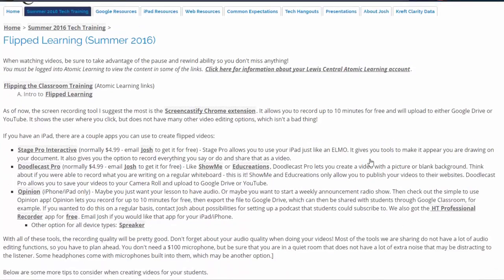The idea behind this model of instruction is that you provide the content to students outside of the class, so they are watching or listening to something, and then when they come into class you can spend more time either working on practice problems, homework, maybe you have some more extension activities, or maybe they're working on projects, deeper discussions. There's lots of things that you can do with that extra amount of time, but typically what you'll find is